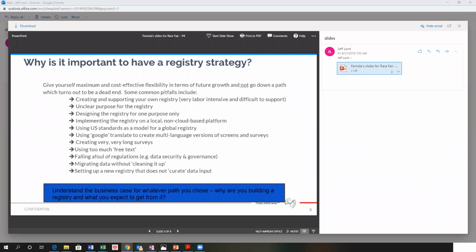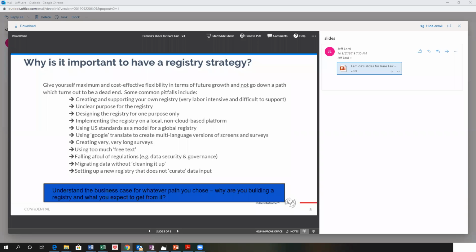Design the registry in a way that you can ultimately grow into it, and you have to be able to think about the cloud. Having an on-prem solution, now or on the premises, is very important. Use standards. These are global data standards, not just US standards. OMOP is an ontology, and to simplify it, you call something blood pressure, I call it hypertension. We mean the same thing, but you have to be able to map it, otherwise it's very, very difficult for people. Free text is great, but it's not the only way to collect data.